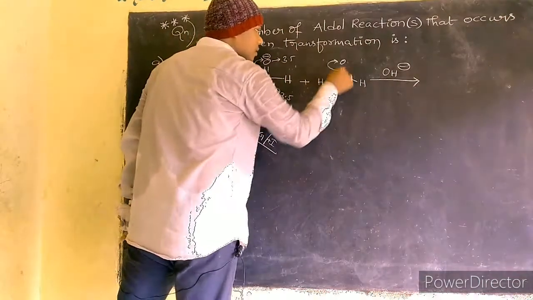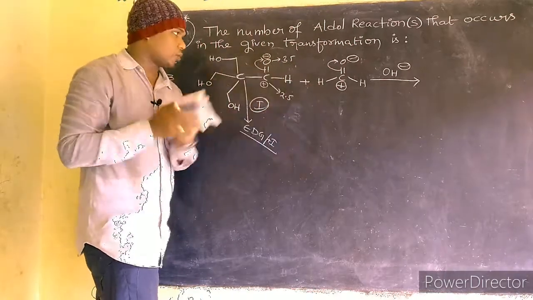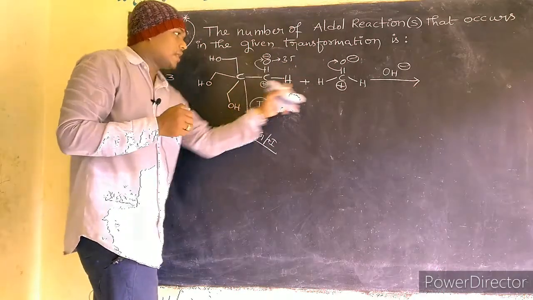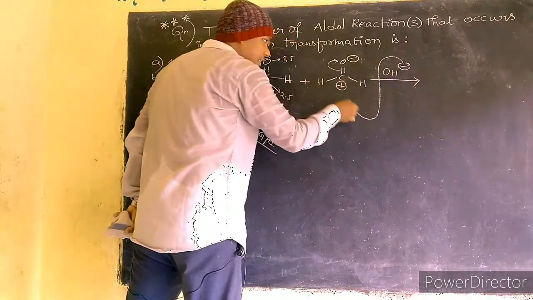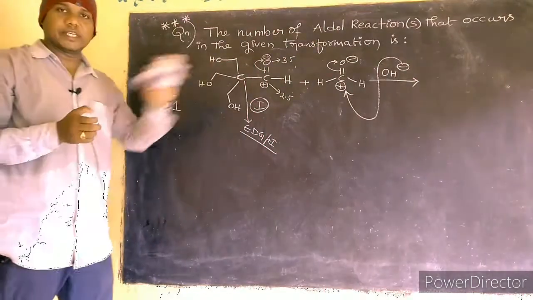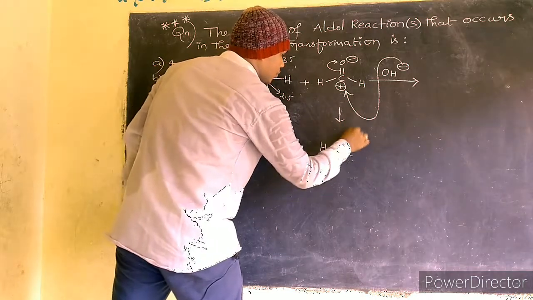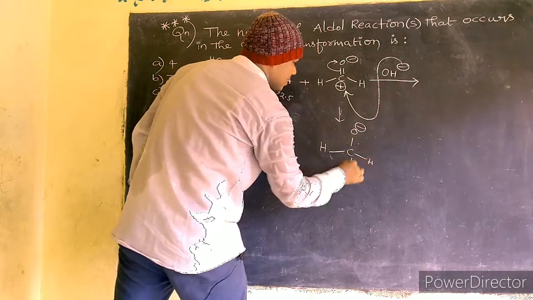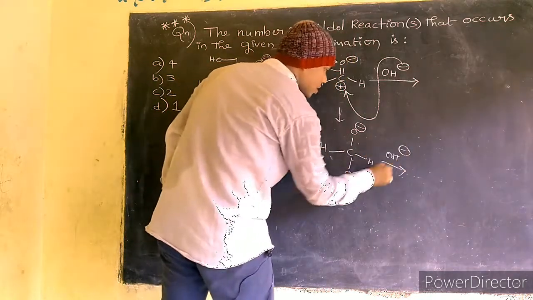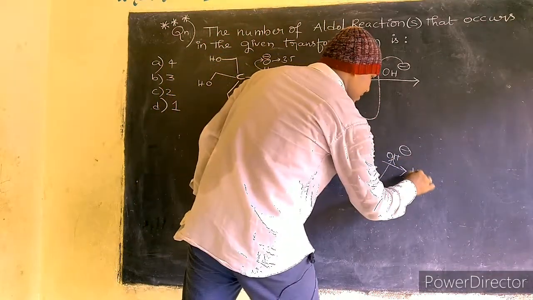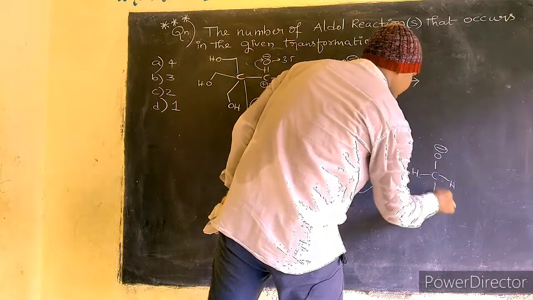But here there are only hydrogens, there is no electron donating group or plus I group, correct? So compared to this carbonyl carbon, this carbon carries the maximum positive charge. So the OH minus attacks at this carbonyl carbon compared to here, correct? Now H, O minus, here H, here OH. If you take one more OH minus, then this hydrogen is also attracted by this OH minus. Then HCO minus and H here O minus.